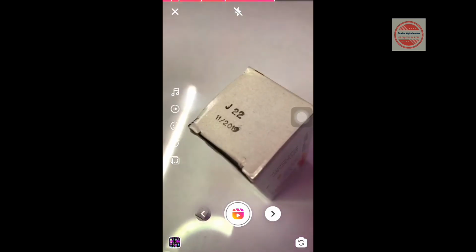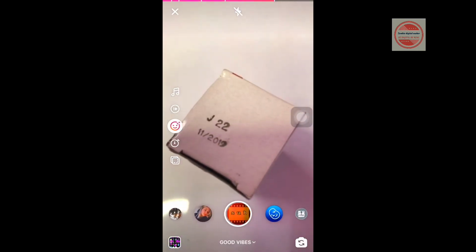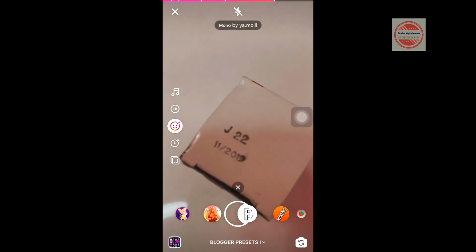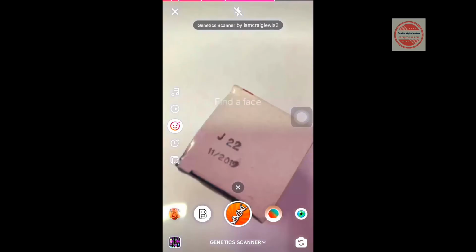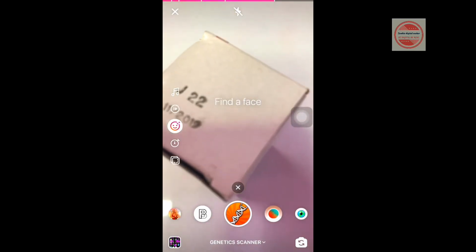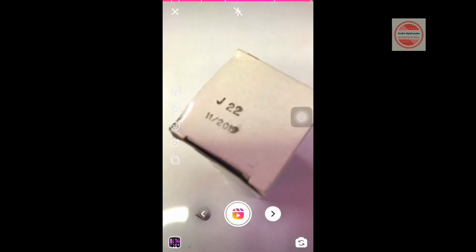All right, so if there's any effect that you still want to put in this video, just go ahead, click on the effects button. Just click on the kind of effect you want to see over here. Okay, I want to see this effect over here. I'm going to record for another 5 seconds. 1 2 3 4 5, stop. So my video has reached its